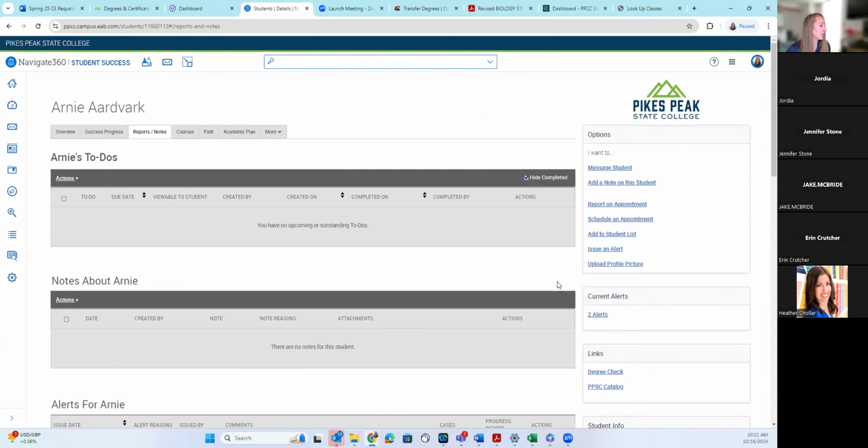So this is also there, and that's part of what makes advising complicated. By the end of the day, I have about 45 tabs open on my computer because I've just accessed so many different documents and screens, because every student's journey and experience is different, and I just have to access different resources for each of them. But yeah, so this is really the information that I wanted to make sure everybody walked